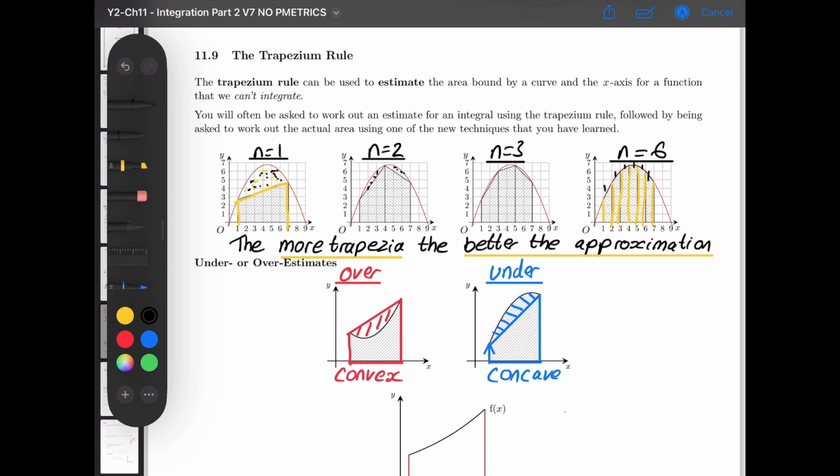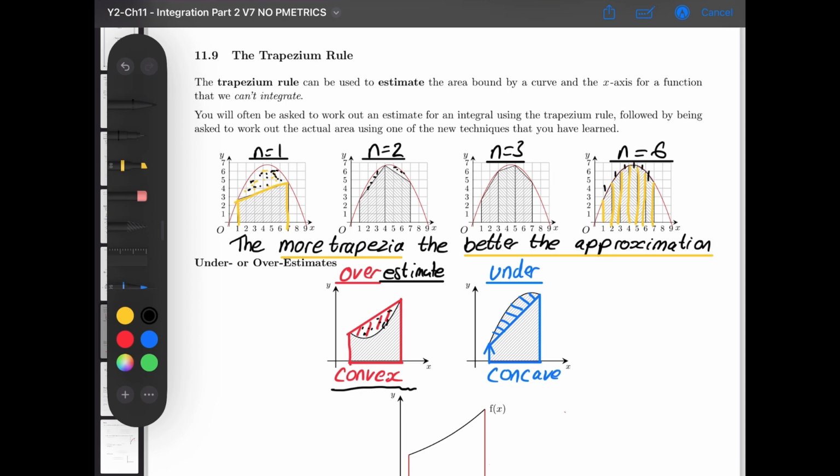Let's focus on that error a little bit more though. I can think of two errors that we could come across. Some of the time we are going to overestimate the area. This will occur when the curve is convex,